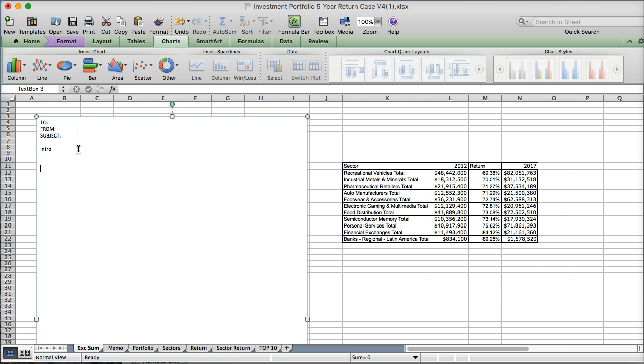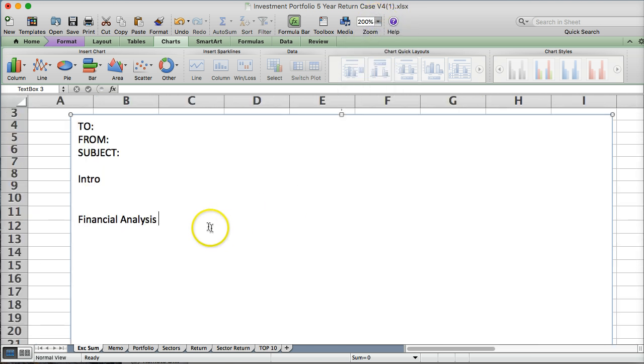Then you would do the financial analysis. Again, this is way too small. In the financial analysis, you would look at all the returns and all the stocks, and summarize what stocks did well, what stocks did badly, the overall return for the portfolio compared to the Russell 3000, and really do a big stock analysis on this portfolio. And finally, the recommendations,